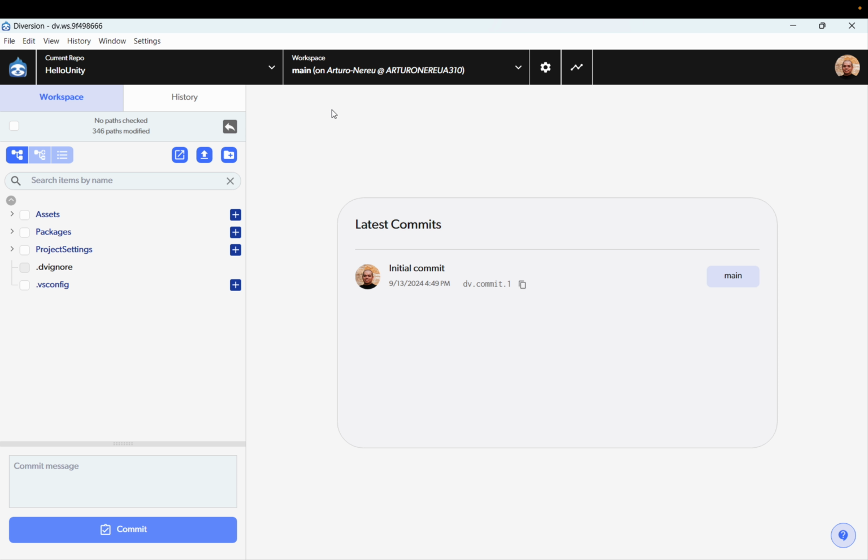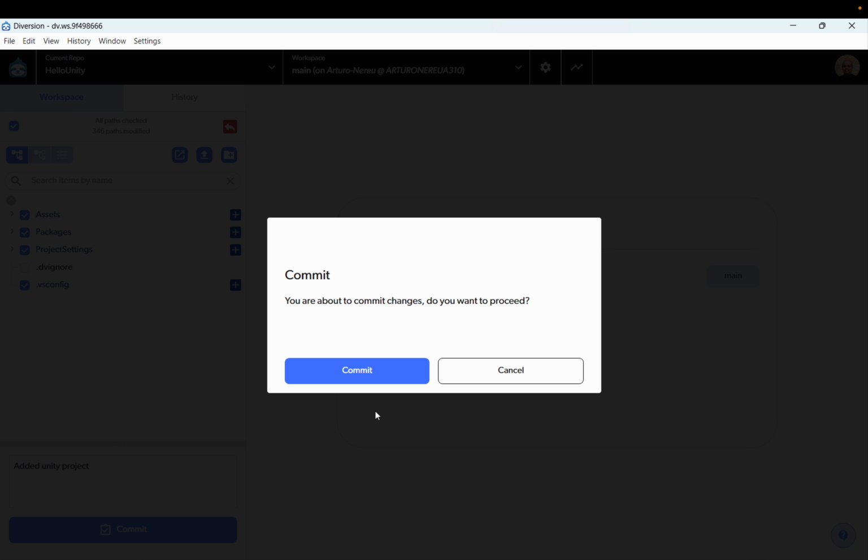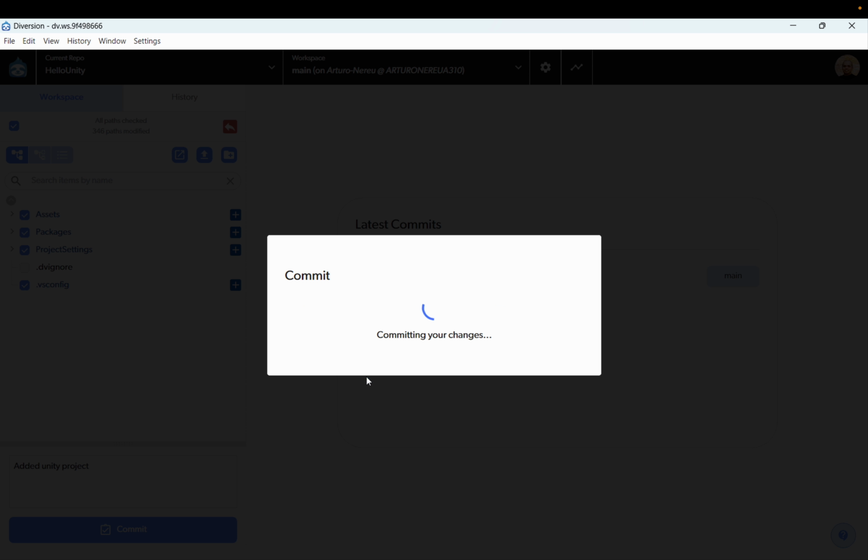Now, even if it's backed up, no one else from my team will be able to see these changes until I create a commit. So these changes, in this case, the files that I added, which is the entire Unity project, are only visible to me until I create a commit. That's what I'm going to do next. So I'm going to check all the files over here, and I'm going to create a commit message, added Unity project. I'm going to commit. It's going to be very fast because, as I said, the files are already in the cloud. So this commit is essentially just taking the snapshot of the project at this point in time, and just doing that. So I click commit,